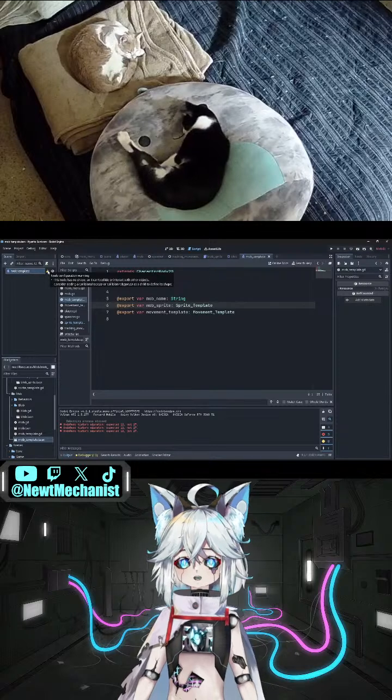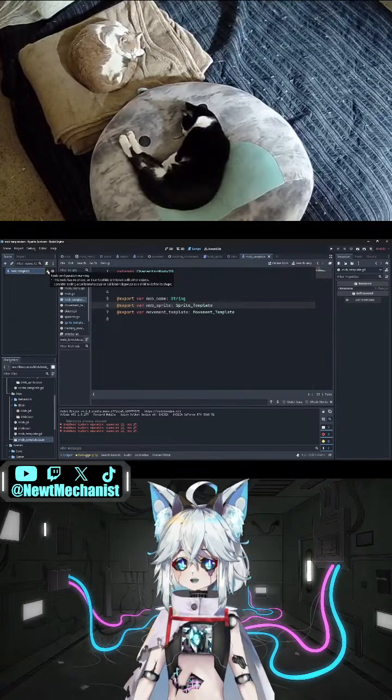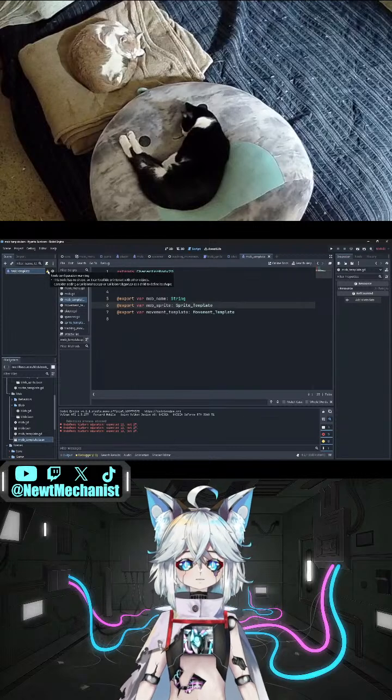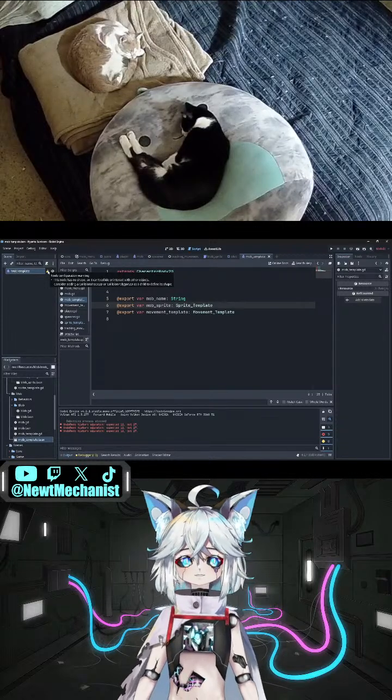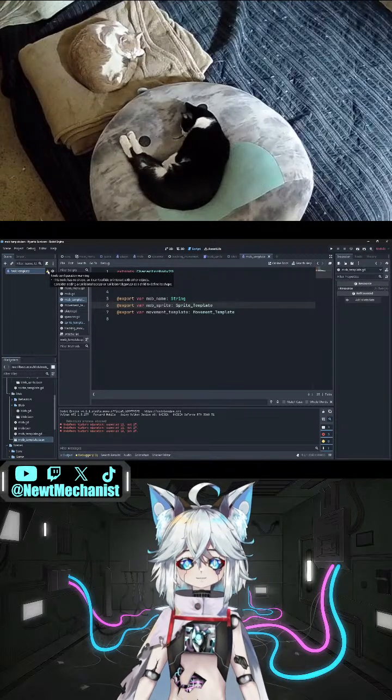That's why I often advise people that are interested in VTubing not to dive in head first. A lot of people want to have the super expensive Live2D model to begin with. And